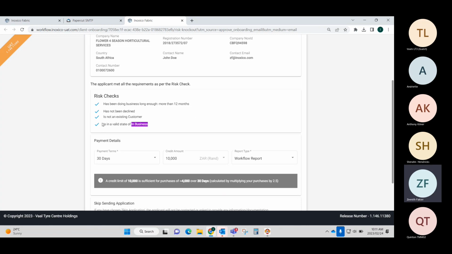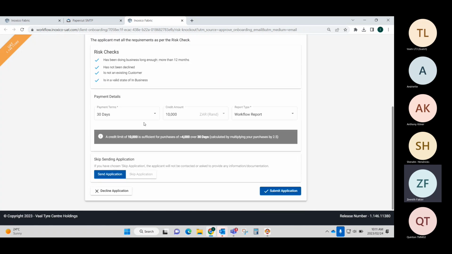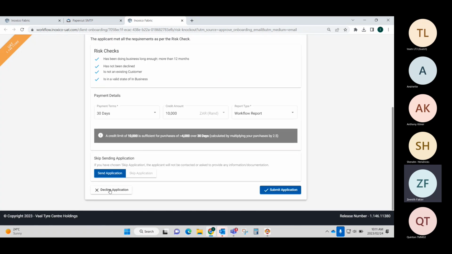If any of these risk checks fail, there will be a cross next to those. So if they're in business rescue or liquidation, there will be a cross. And you can't actually do business with a company that's not trading. So Marty does have the ability to decline the application and nothing will go off to that customer for completion. Okay. But if she is happy with the outcome of the risk checks and would like to continue sending the application to the customer,